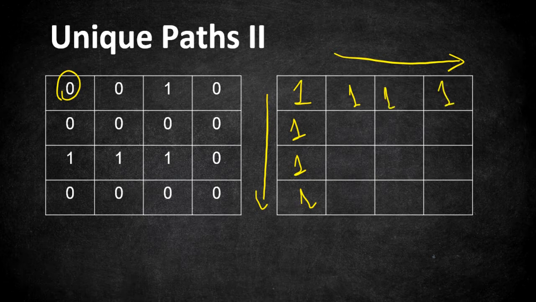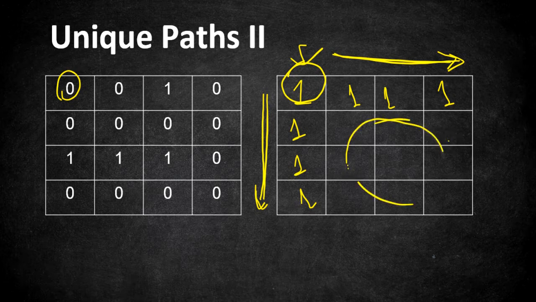Because as we are starting from the very first cell, the only possible way you can reach the cell is moving right. The possible ways to reach these cells is moving right from the first cell. The same way, the possible ways to reach these cells that are in the column is going to be move down. So there is only one possible way you can reach all these cells. So by understanding this concept, we are going to fill in the rest of the cells to come up with our solution at the last cell.